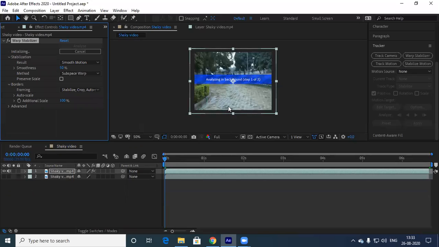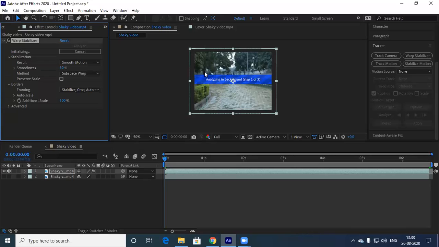Now this is another method of how we stabilize: by warping. What does warp mean? Normally, warp is a kind of stretching. Let's say you take a paper and fold it, and then you unfold everything, and you have a canvas size somewhere from here to here.